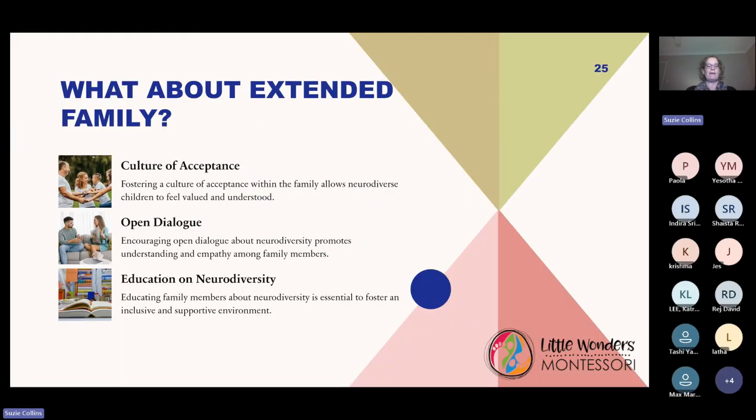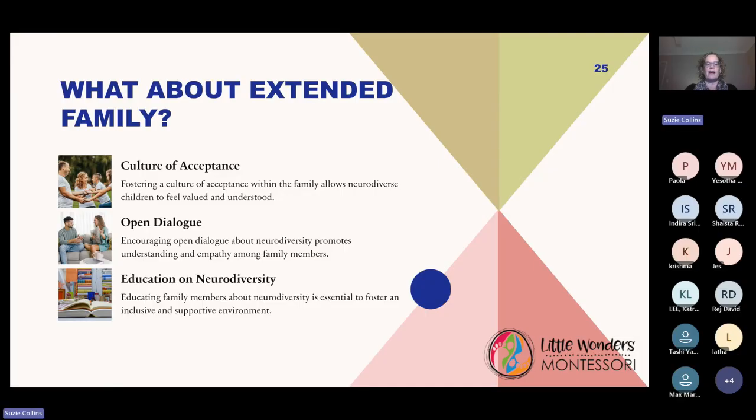I was going to flip back a little bit around how we then support this neurodiversity concept with family, because sometimes not all families will be as open to the different brain styles or different behaviours and strengths and weaknesses of children. So we really want a real cultural acceptance, where family is very understanding and accepting of each child's strengths and weaknesses, whether they identify as neurodiverse or not. We want every child to feel valued and understood.